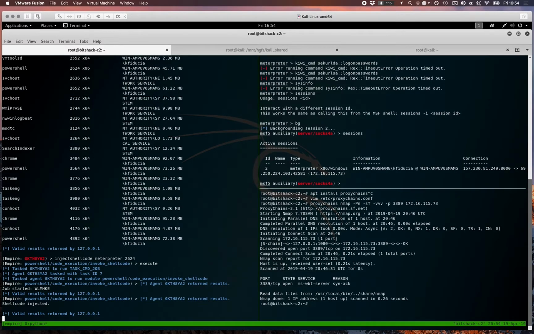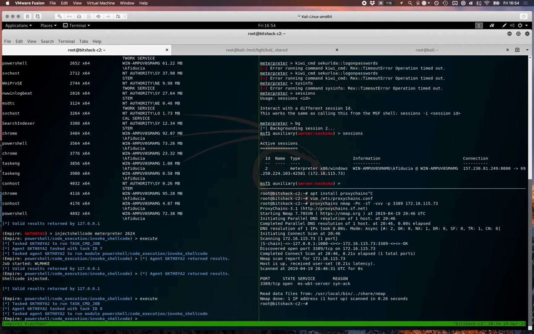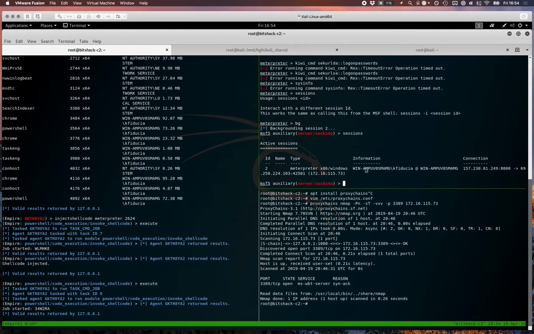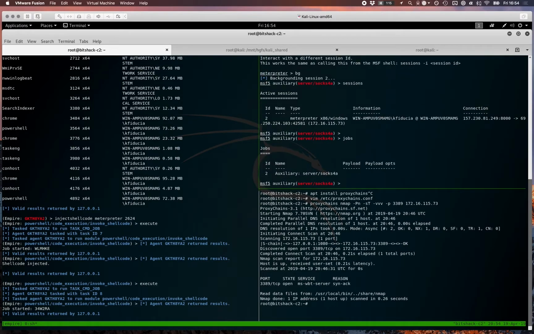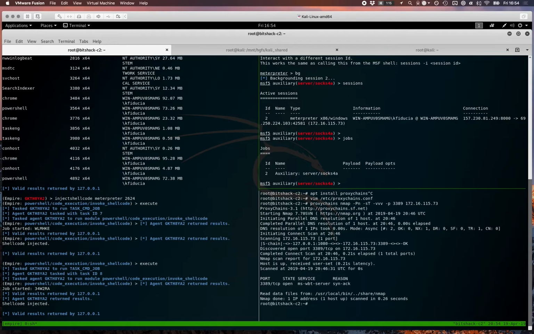No worries, we can run this again, although our handler is no longer up and running, so it's not going to work until we